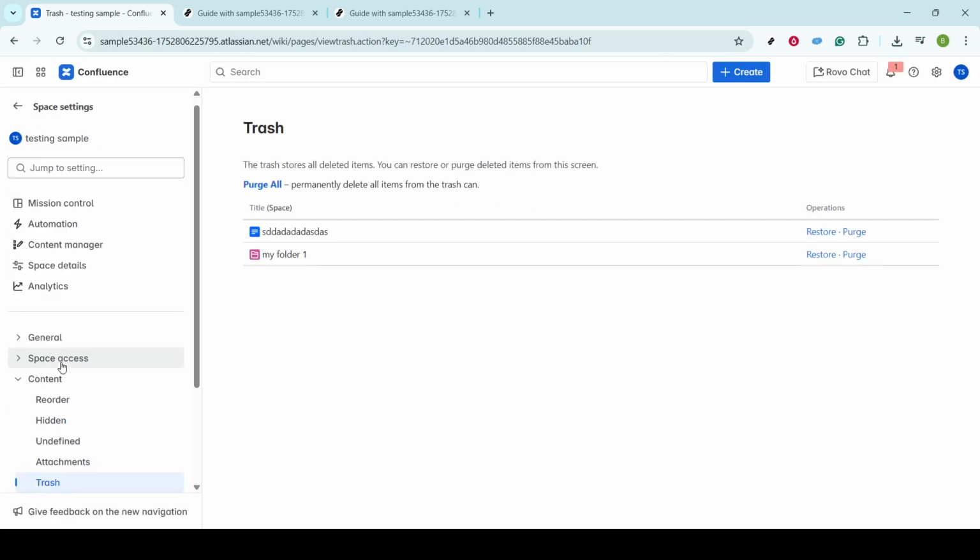Once you click on Trash, the environment will change to display all the pages that have been recently deleted. It's your lost and found, and you can view a list of all the pages currently held here. You might even find some pages you didn't realize were missing. From this screen, you've got a couple of options. You can review the deleted pages to ensure the content is what you are looking for. If you recognize the page you wish to recover, simply follow the directions to restore it to its original location